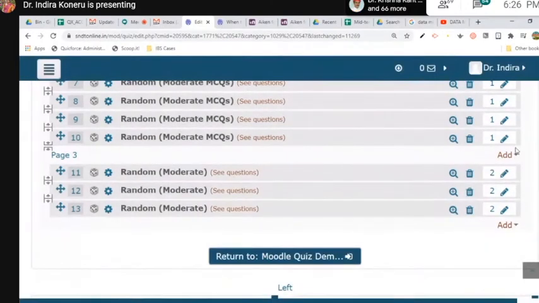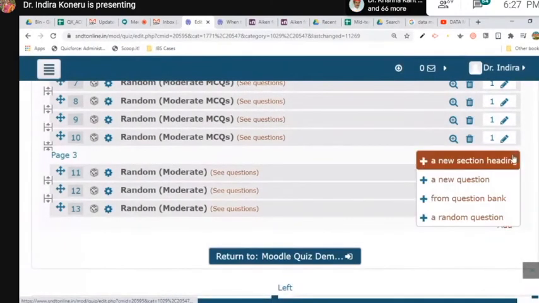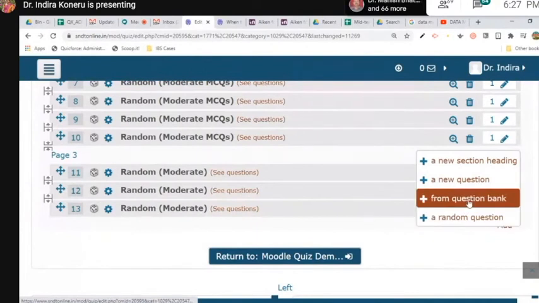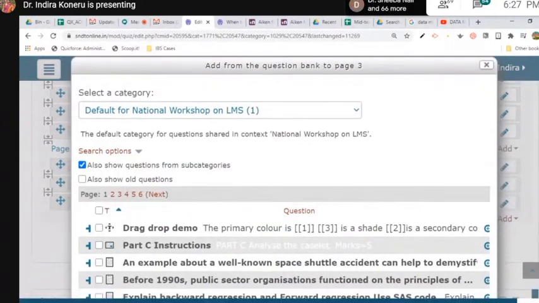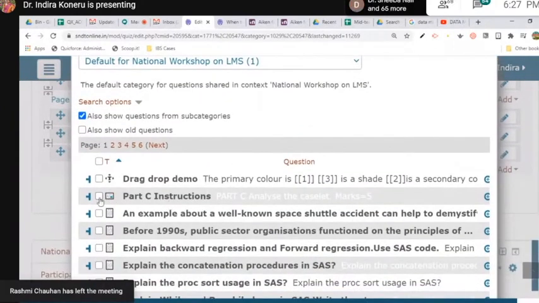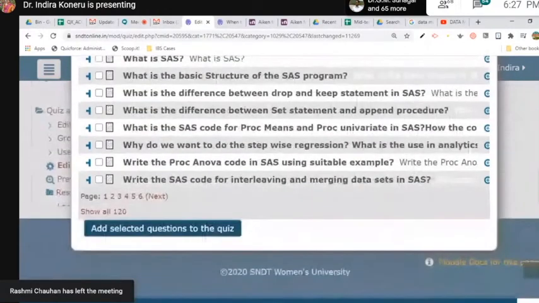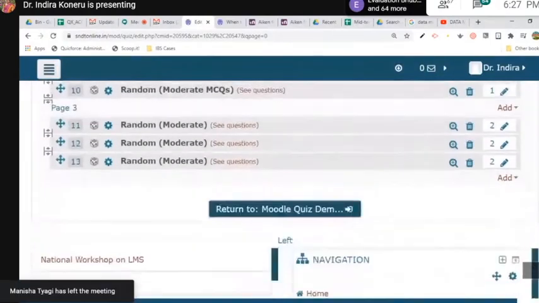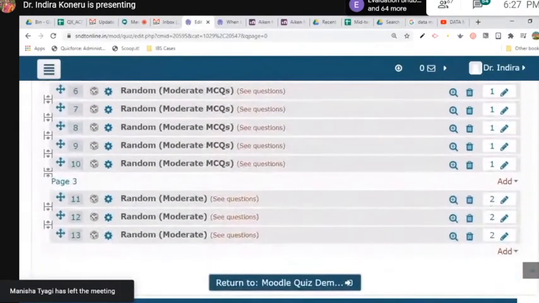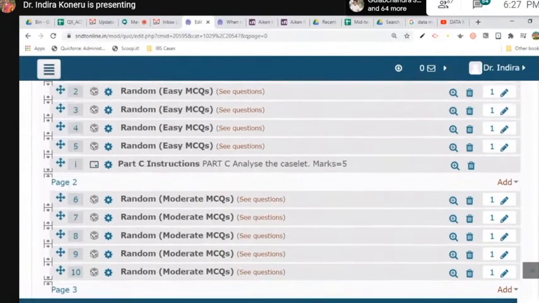Now after part B, I'll add this from question bank. This time manually I'll pick up that instruction question. Here we have this part C instructions. Check this. I want to add this question and add selected questions. So this is how you need to provide it.